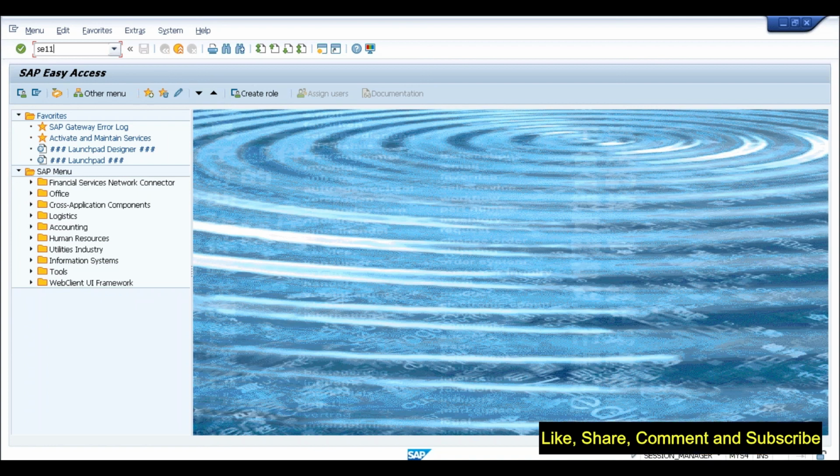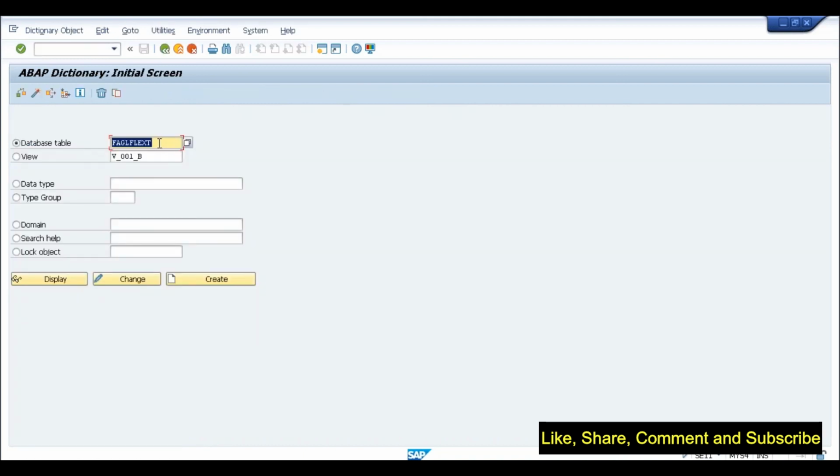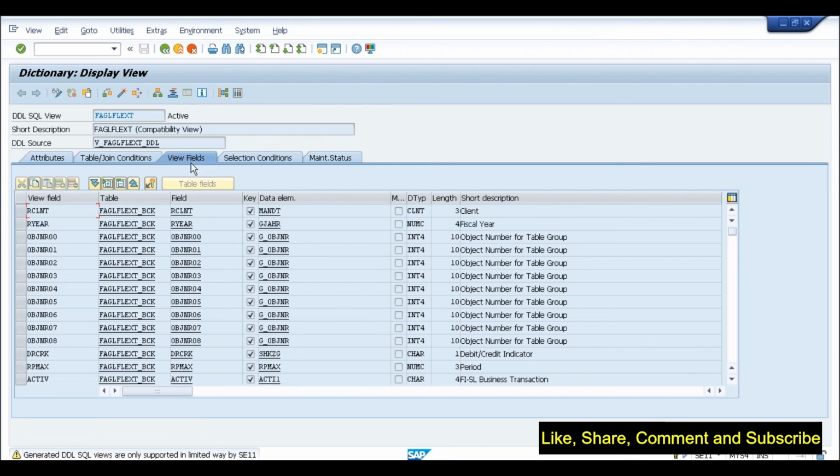Yes. Okay, let me just answer this. Let me start with the first question. How are we going to know? Although I was planning to take this tomorrow when we discuss practicality, since you asked, let me tell you. I gave you the example of the table that has been completely converted into a view. In SE11, when you click on display, the first thing you will find is the view fields. In case of a table, this will be only fields. Let me show you side by side.